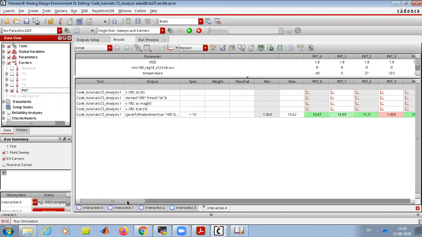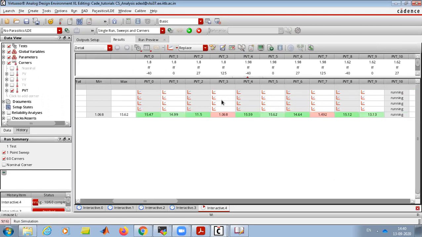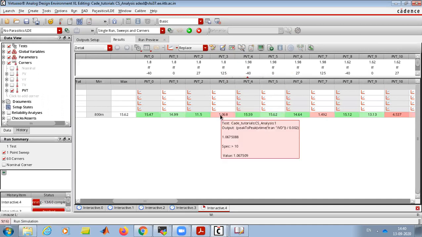If you see now, this corner means when your voltage is 1.8 and FF, fast NMOS, and at a very high temperature, your circuit won't work,